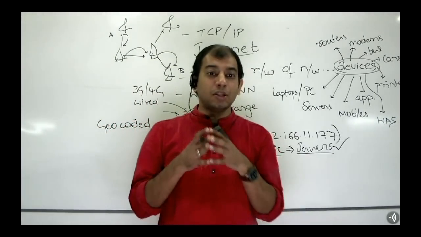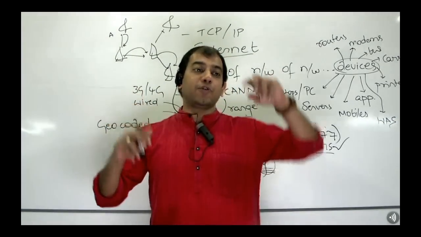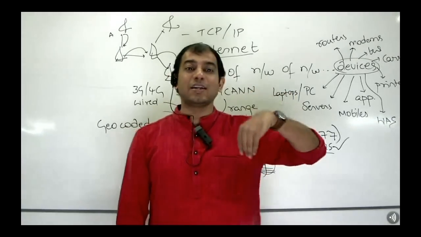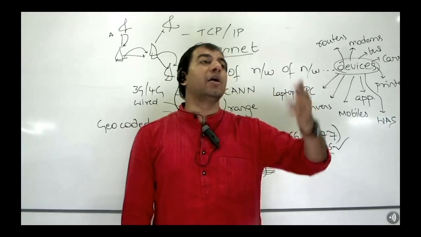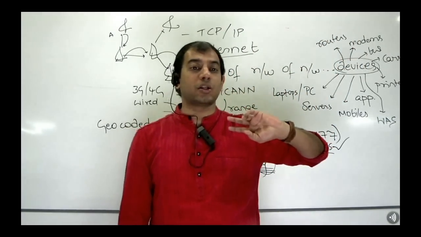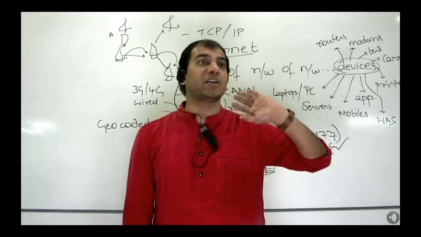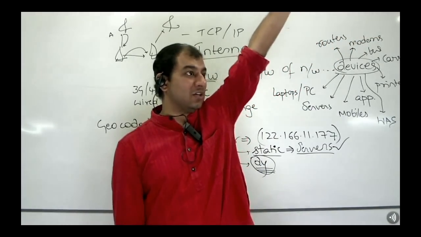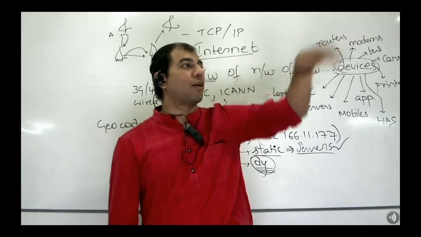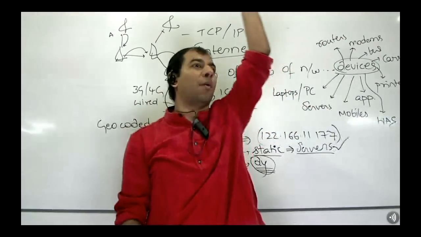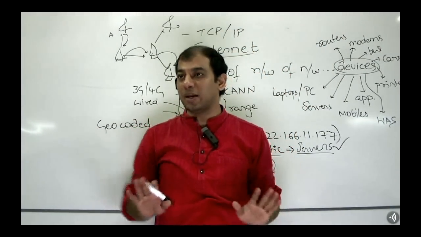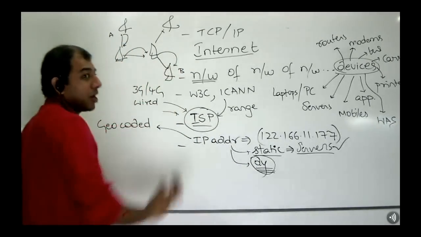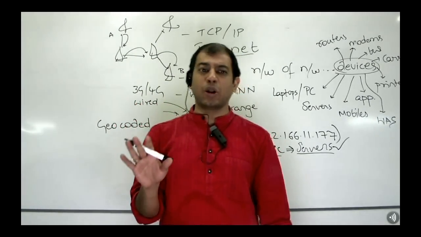And the beauty of this protocol is not only that it follows a route, it follows kind of the nearest route possible, right? The intelligence has been built into the routing in TCP in such a way that the routing will ensure that the data reaches the destination device as quickly as possible. Because if he passes some letter, it might go all the way to the other end, isn't it? And if Ganesh is somebody walking there, that fellow might give it to Ganesh, and Ganesh might go up and give it to somebody else, then it will never reach me, isn't it? So it has to go in the general direction of where I am. Bottom line, that's what TCP/IP is. That's how TCP/IP works, and that's good enough for our knowledge.